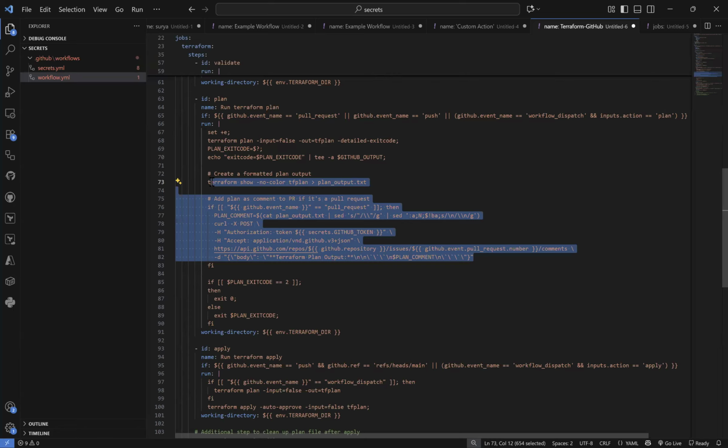So if you don't want to view changes on the PR, that is fine. You can anyway see the plan changes that are going to apply in the GitHub logs. That is fine. But in real-time projects, the way